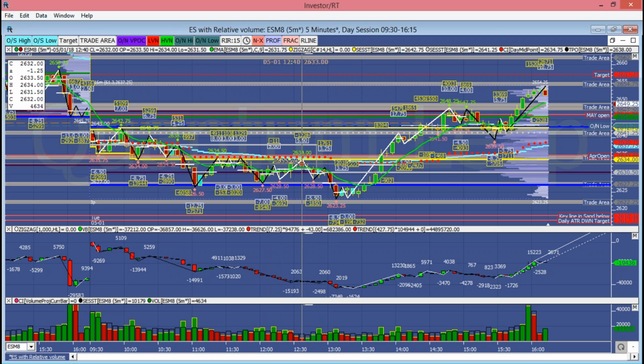Another thing I want to point out, talk about the FUBAR Mr. Sneaky all the time. There's a good example of it being at the low of the day, and there was one right here as well, which gave you an 8-point counter rotation. But this was a nice one here.